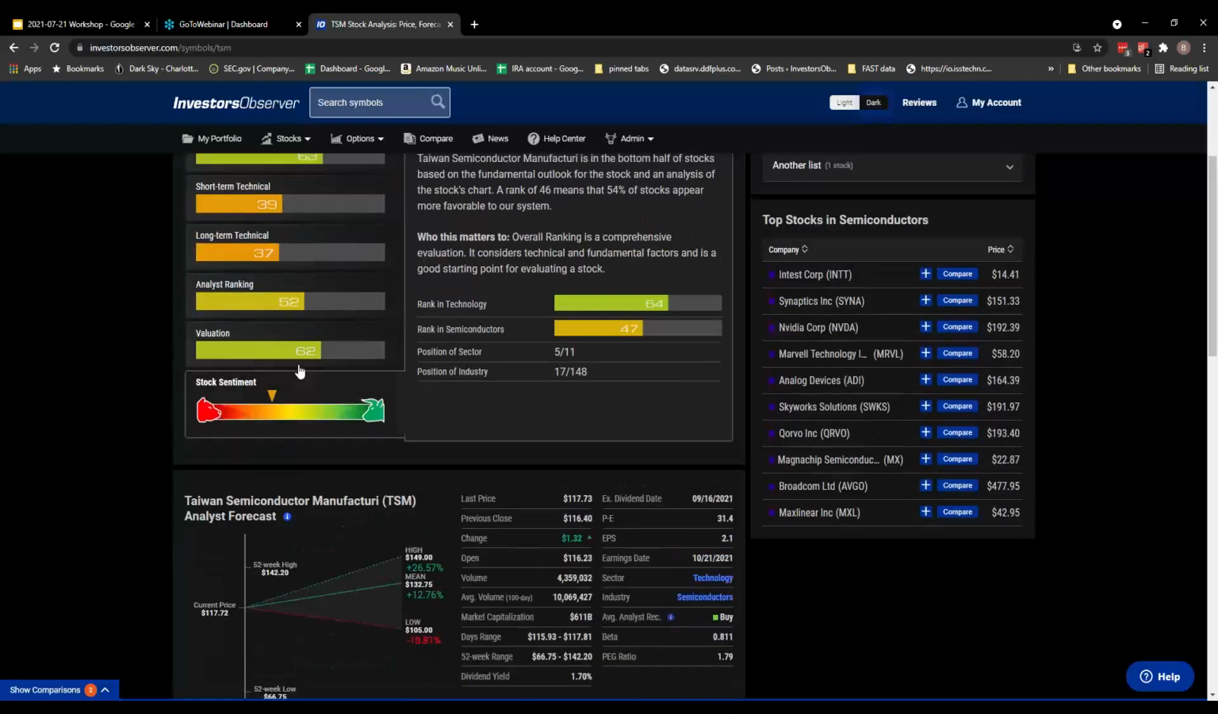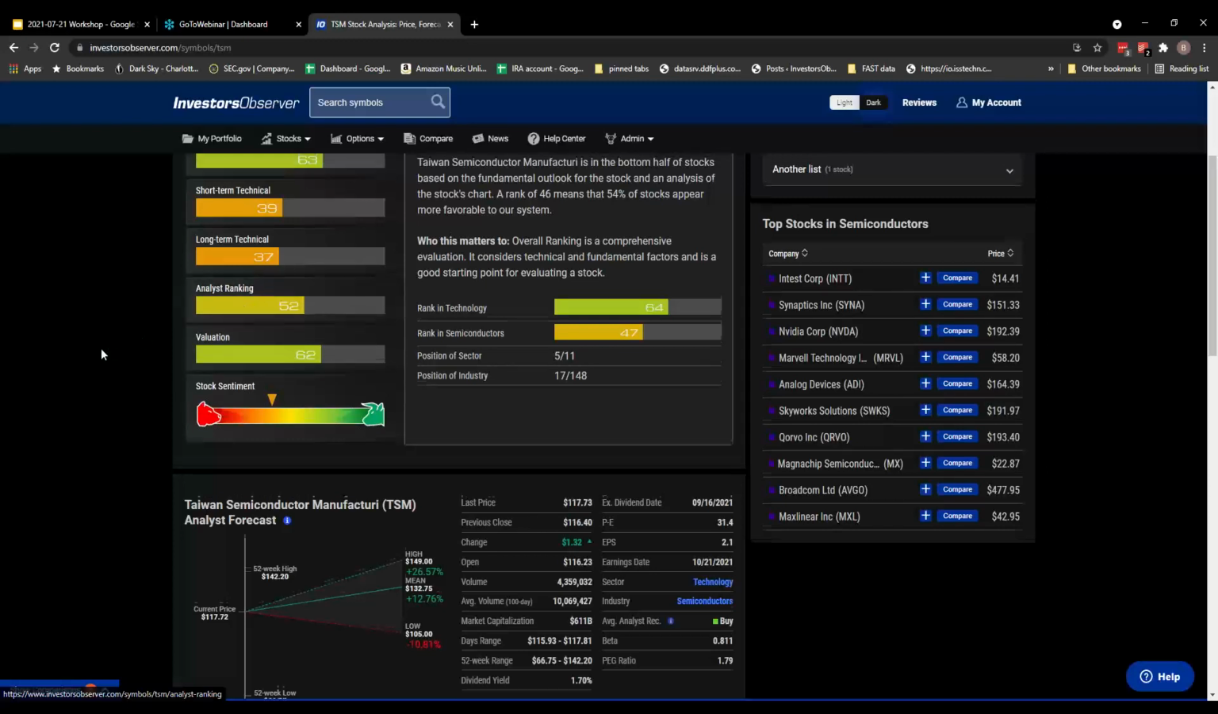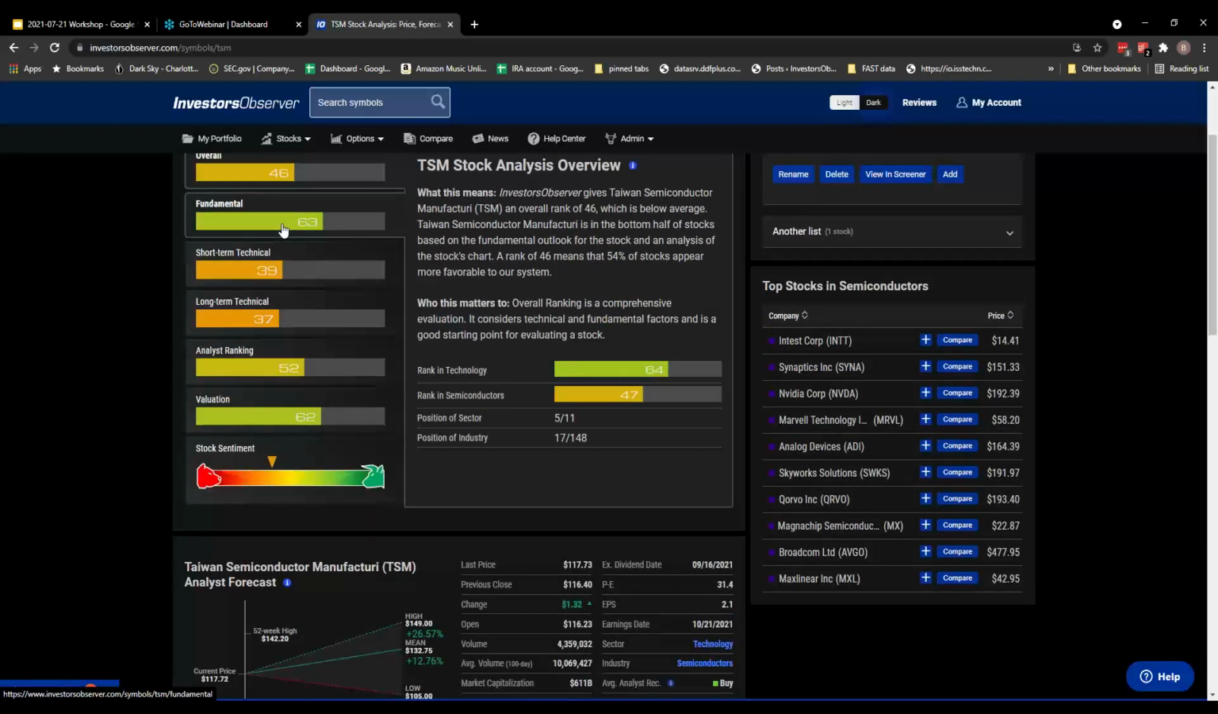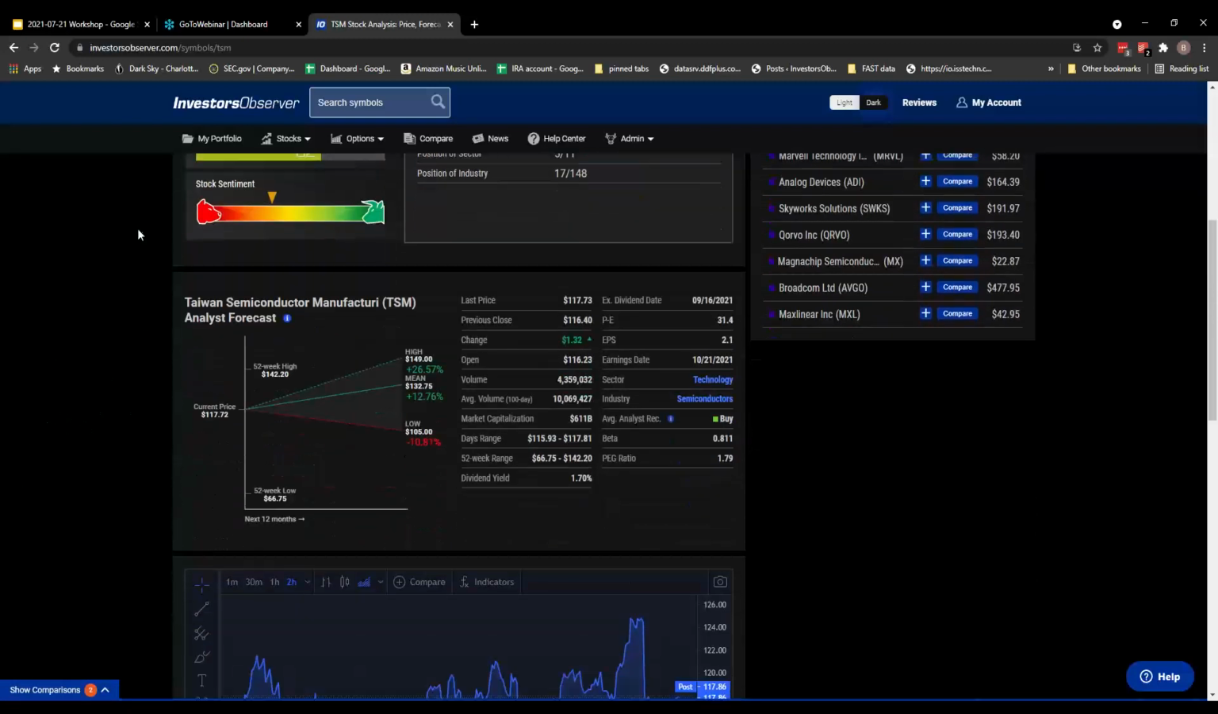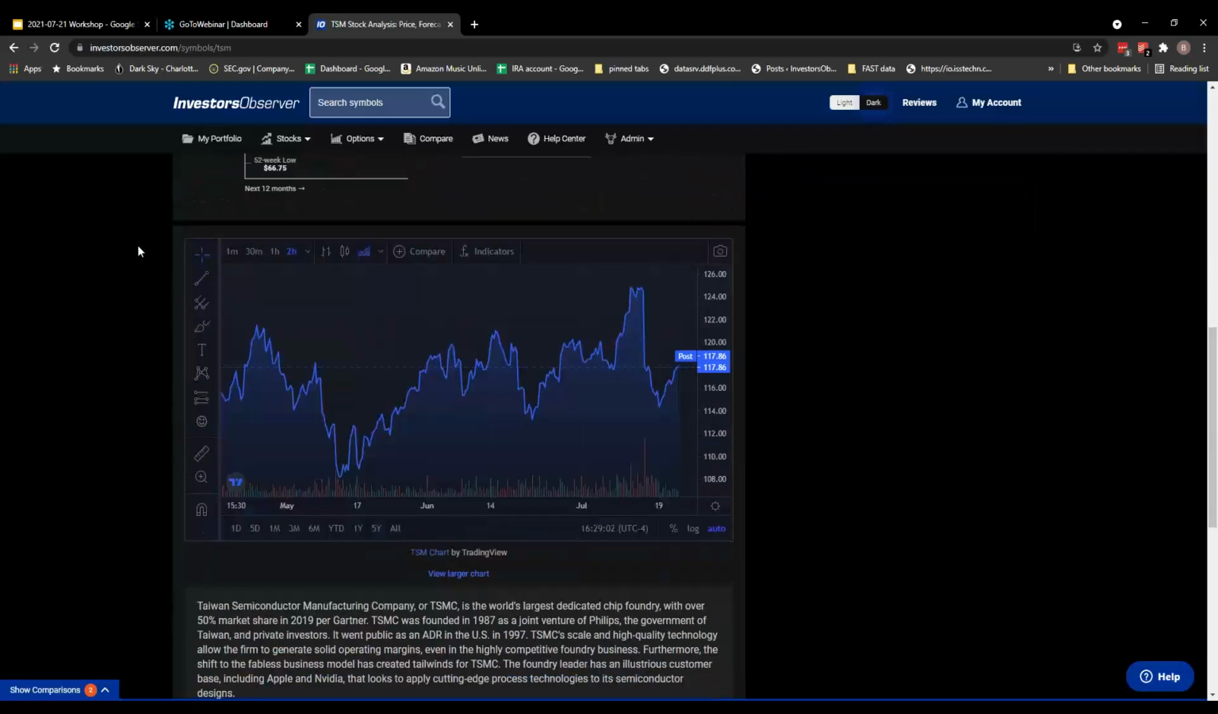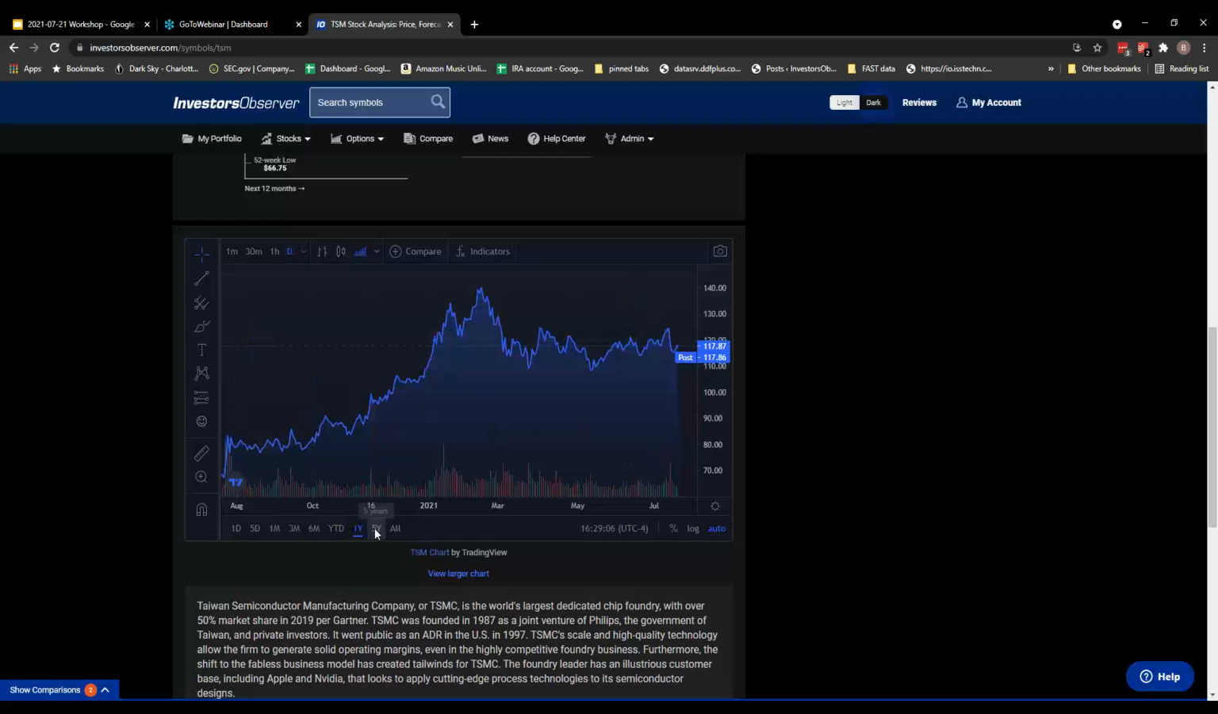All right, so generally, our valuation score sits kind of in the middle. The analyst ranking sits kind of in the middle. Our fundamental score is kind of in the middle, top but in the middle. This is what most of my portfolio looks like right now. That's nothing to worry about. It's fine. The thing worth looking at on TSM here is the 1 year, and it gets